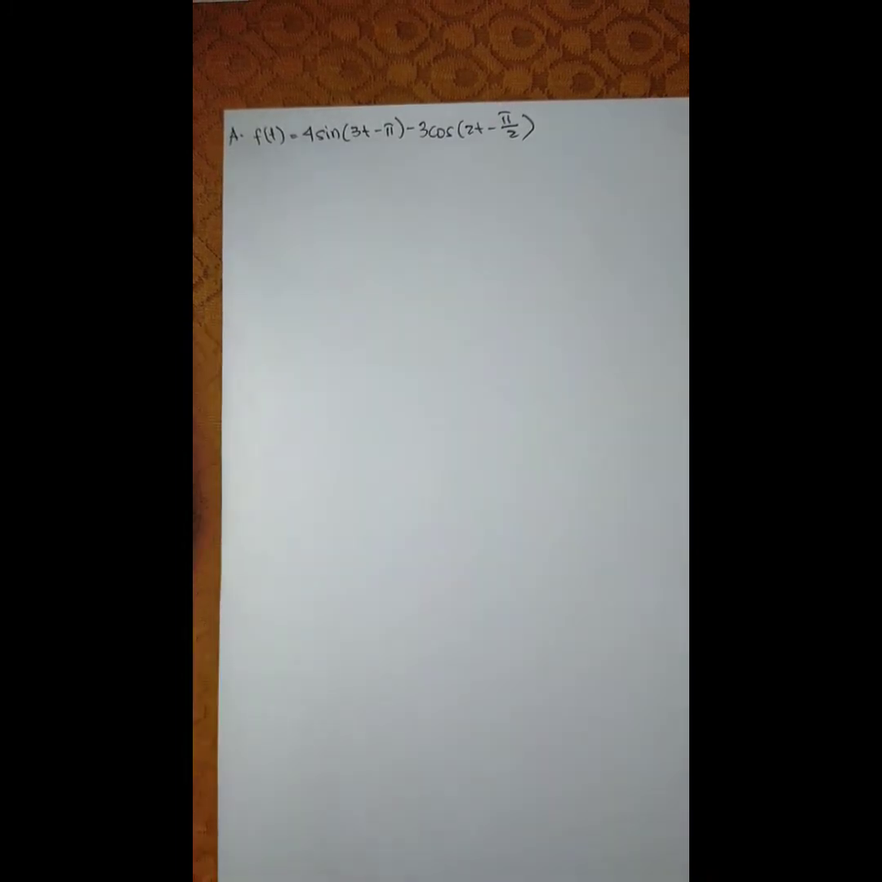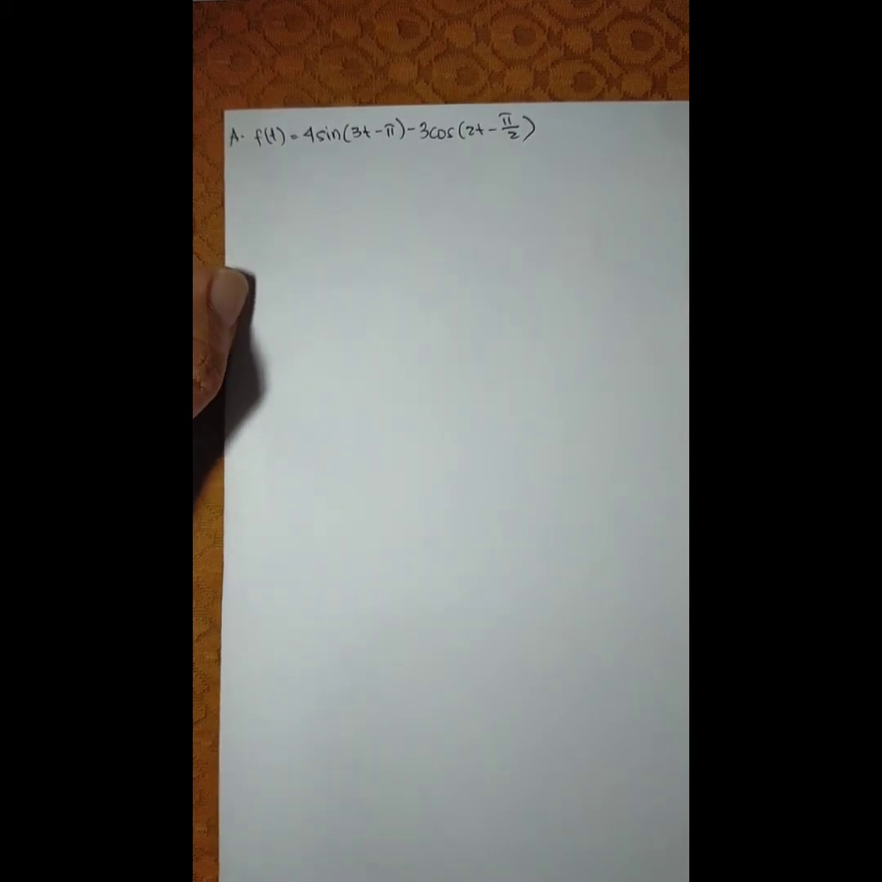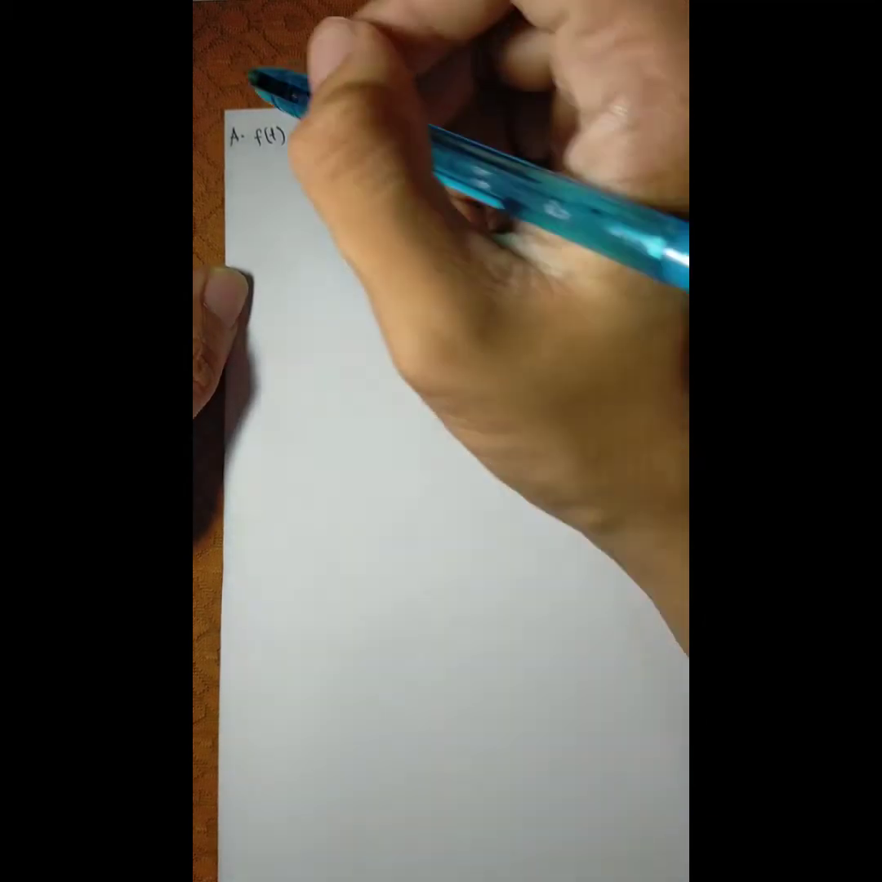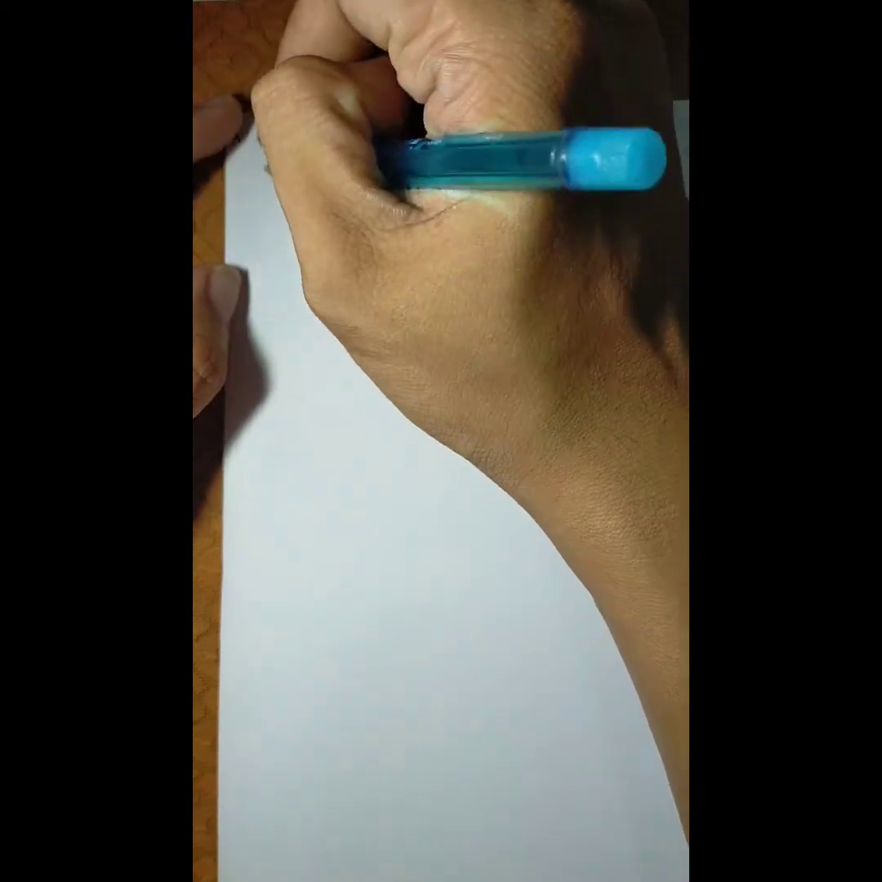So in our calculation number 7, we use the tabular method to find the right-sided Laplace transform of the following. Our first problem is f of t equal to 4 sine of 3t minus pi minus 3 cosine of 2t minus pi over 2. So we have first our sine